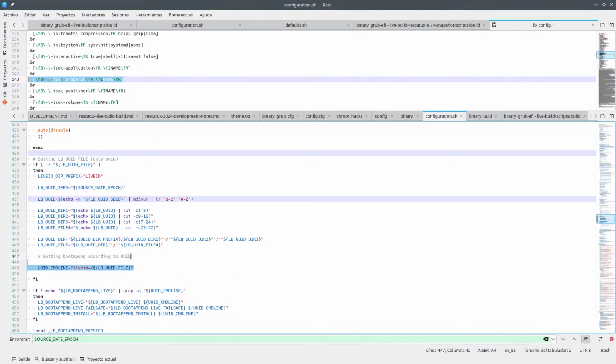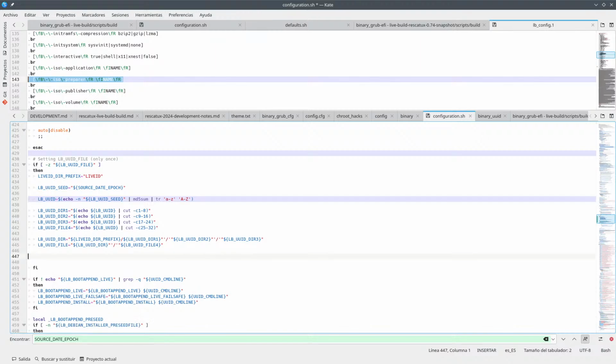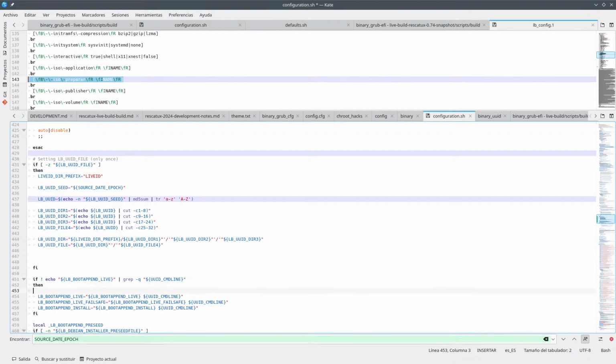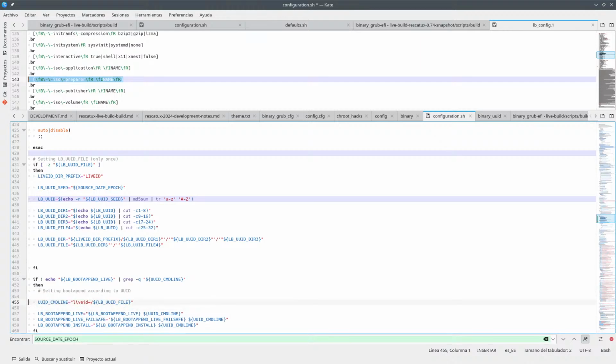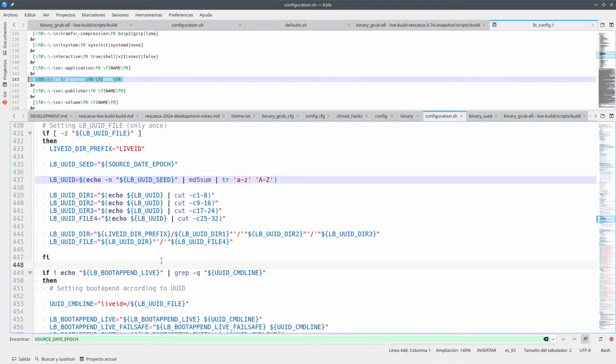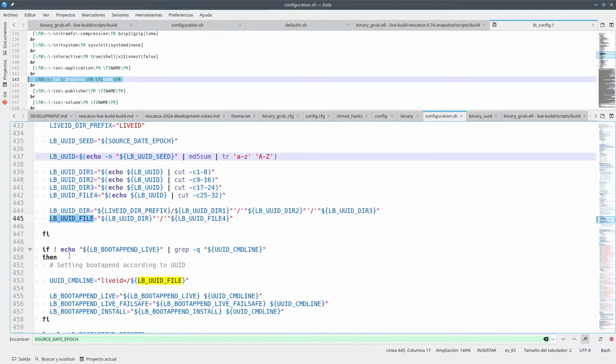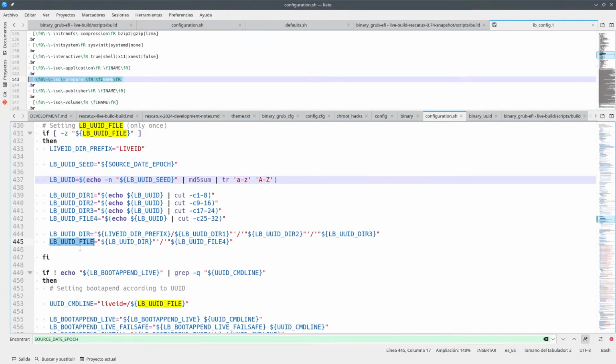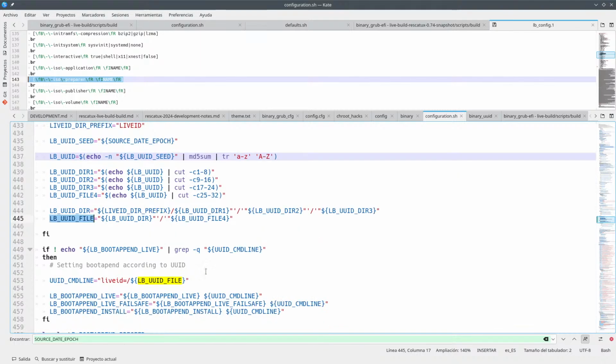Yeah, so this lbuid file should be set at this moment. Yeah, look at that. This is what makes sense right now. So lbuid file, whatever, and then we create lbuid file. So if lbuid file is being set up, you just check if this equals to the